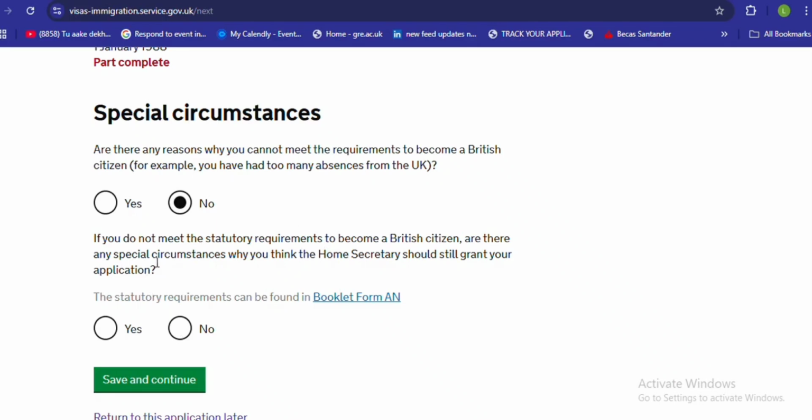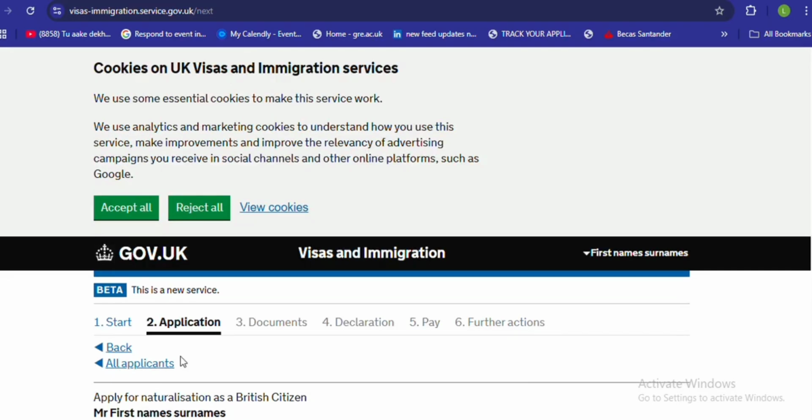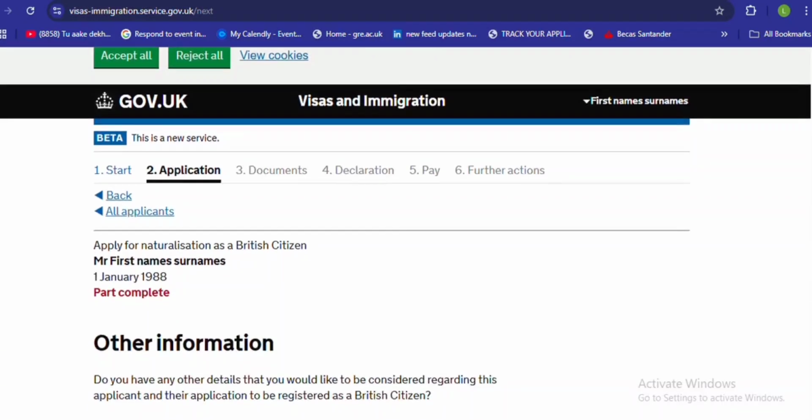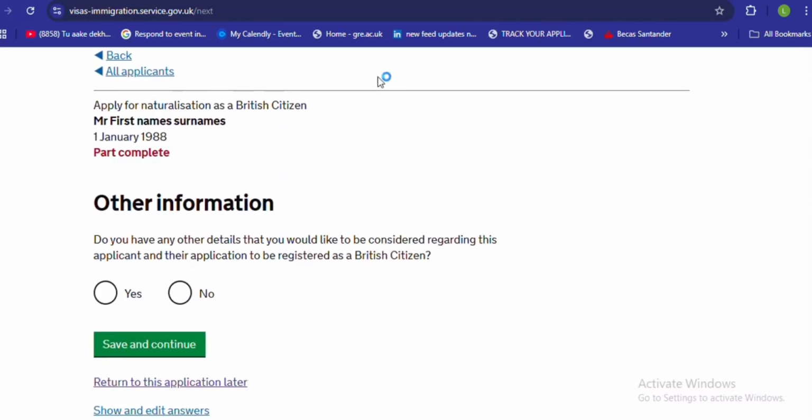You can check your details, and once you're done, you continue, and it will ask about an additional applicant. Do you like to add any other applicant? No. If no, then continue. Leave this empty. And now the Home Office